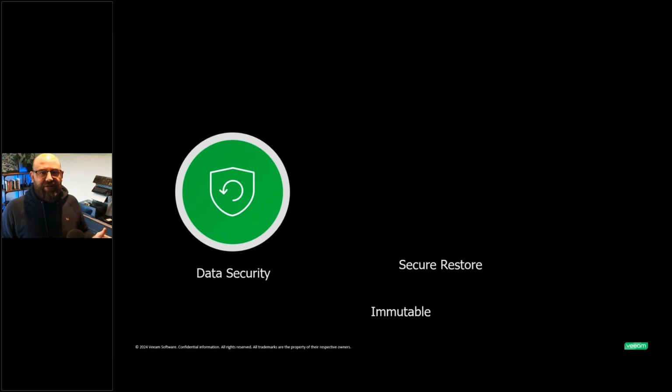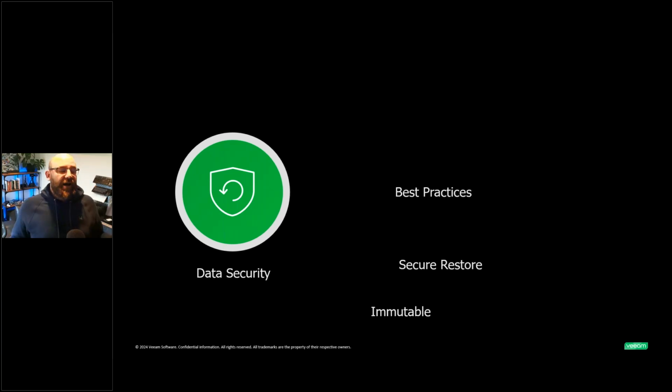Okay, now we'll go back to security, because remember what I said, we're not a security company. We're not going to pretend to be. Marketing might put out a little bit more about security on that front, but really, what can we do in that data security story? One is about being able to offer that right of bang remediation. How do we make sure that your backups are in the most secure possible format so that they cannot be tampered with? How can we provide the ability so when you do have to remediate something, you can scan that on the way through, making sure that it's not bad, doesn't have any malicious activity.